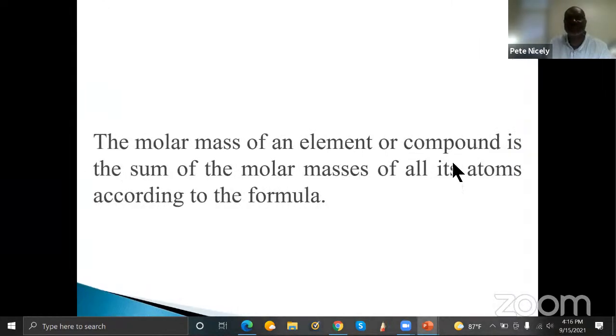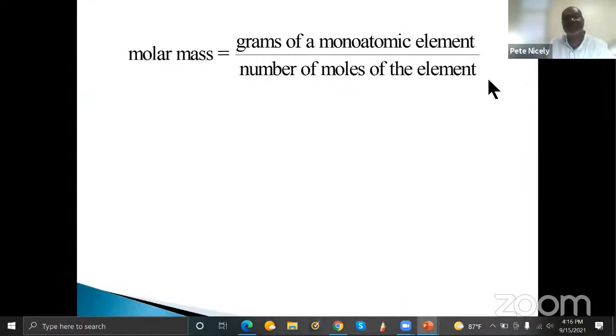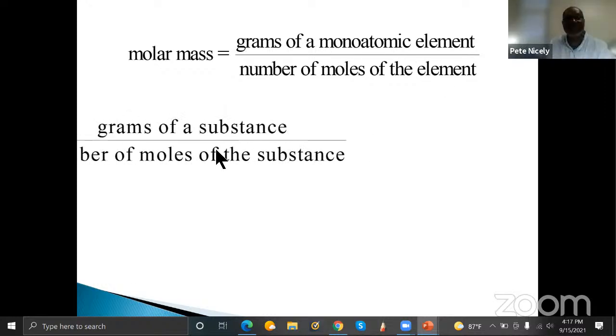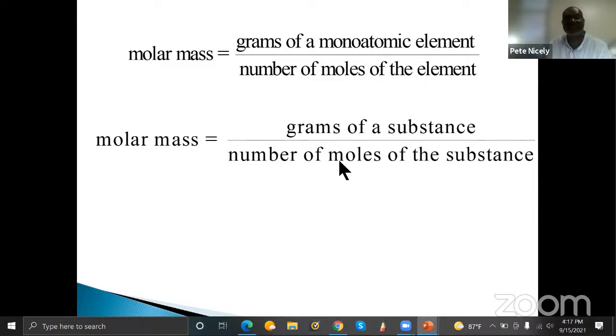And then when it comes to a compound, the molar mass will be equal to the sum of all the molar masses of all its atoms according to the formula that's given. So here's the relationship between the molar mass, the moles of the element, and the grams of a monatomic element. And here's the relationship between the molar mass and the mass of a substance. It could be an element, it could be a compound, whatever, divided by the number of moles of that substance,